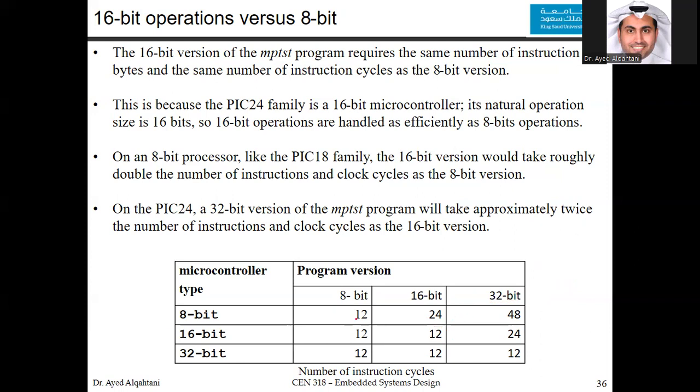In general, if you have an 8-bit microcontroller and an 8-bit program, taking our previous example, you will need 12 instruction cycles. If it is 16 bits, you need to double it to 24. If it is 32-bit, you double that. For a 16-bit microcontroller, as we mentioned, 12 and 12 and 24. For a 32-bit, if your microcontroller data bus width is 32-bit, or the type of the microcontroller is 32, then you can accommodate whatever code you